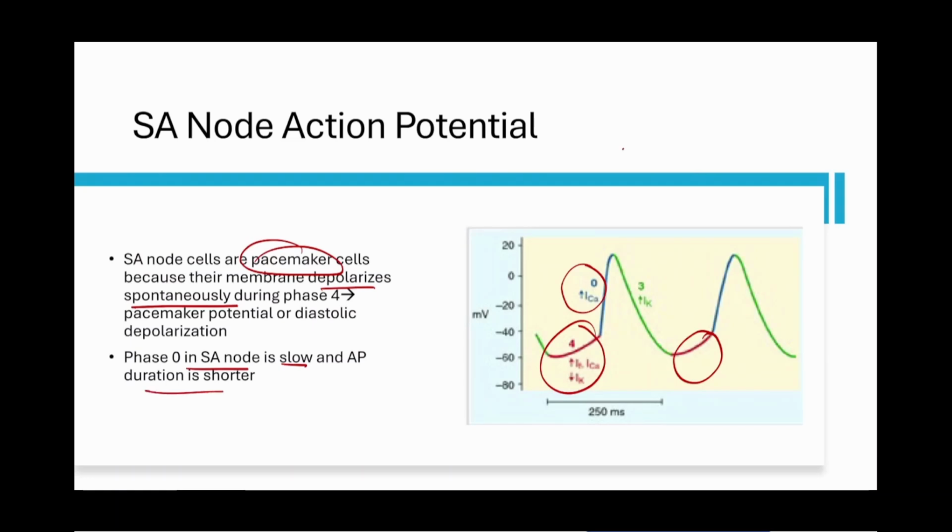Slow is talking about the slope. This is slower than that. Everyone understand that? If time is on the bottom, the blue is faster than the red line. Everyone get that? Because it's going to make a big difference when we get to the myocytes. Next slide. So this is just the SA node. This is all it does. Up and down, depolarizing, and that's all that it does.